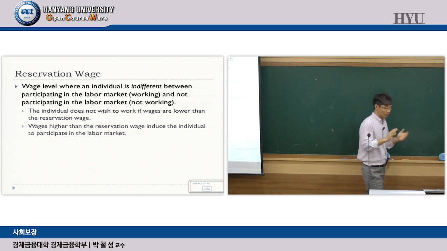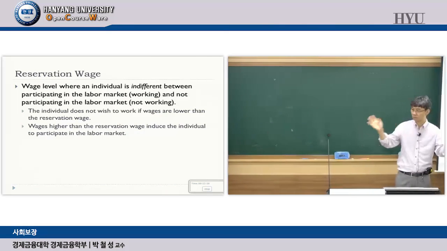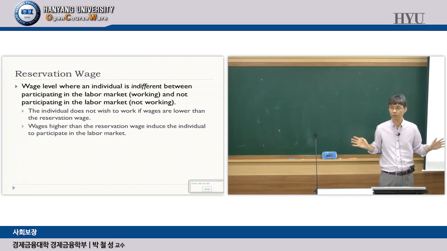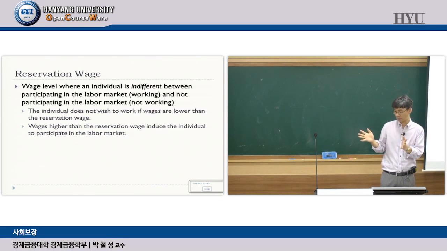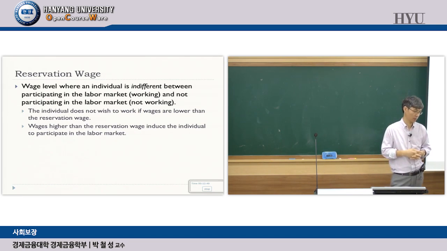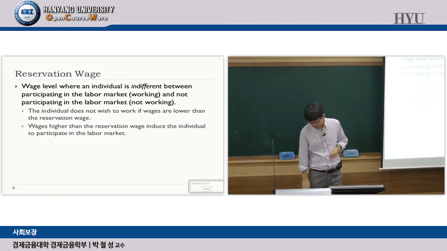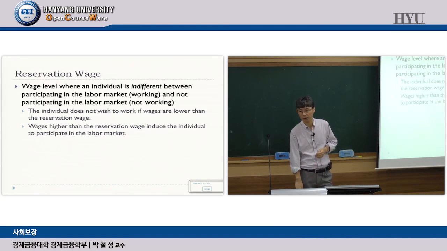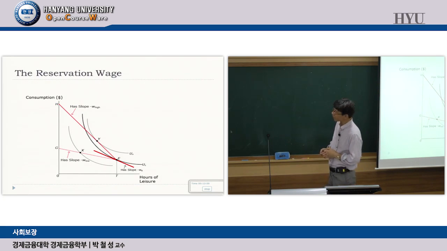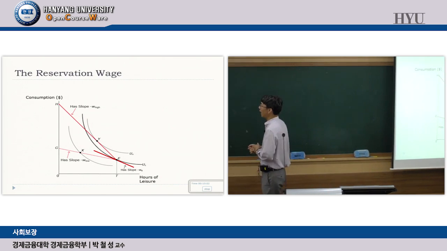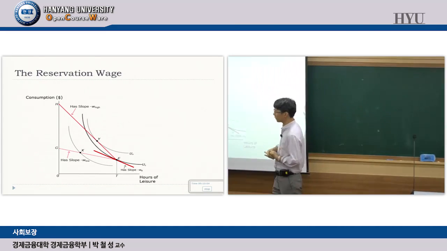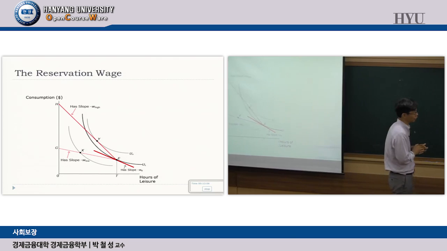So you can say that there are a bunch of individuals who find the wage offered to him or her is lower than the reservation wage, so that person does not work. Okay? That's how we look at working or not working decisions. So, a comparison between the wage offered and the reservation wage. So the question is, how do we find the reservation wage? What determines the reservation wage?